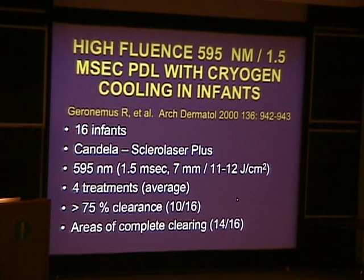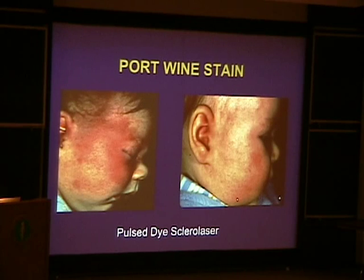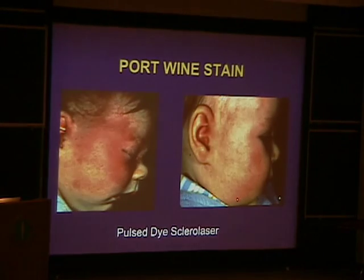We began treating young children early on, and this was our initial work, which is published with the pulsed laser, using a yellow light at higher energies. We did find some interesting results, and you can see here that you can treat these young babies, and very good results will be seen. Again, showing some differences in the anatomical location, the central portion of the face and the upper lip responding a bit more slowly. There are cases where you do see complete clearing, but I think that that's generally